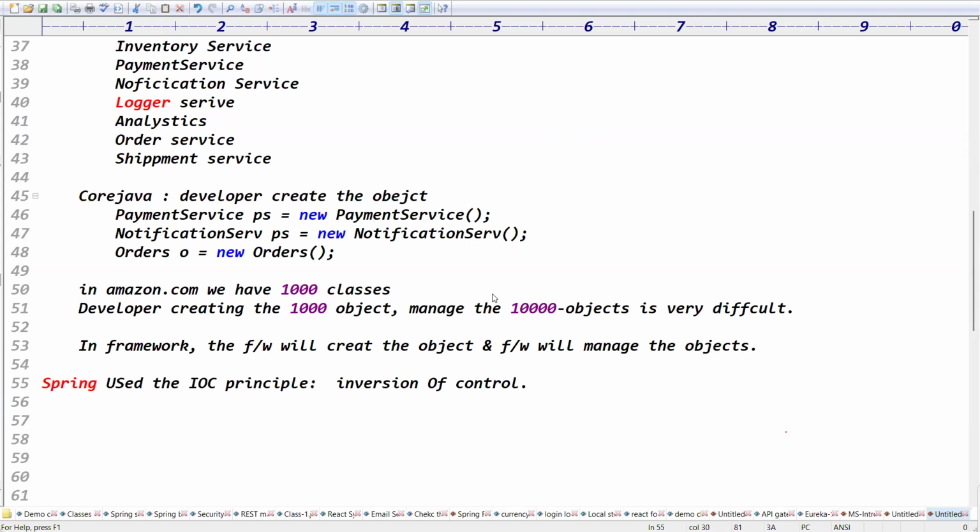But with the framework, it is handled in reverse. Is the developer creating the object, or is it reversed? Reverse, right. Reverse in the sense that the framework will take care. That is called the IoC principle. IoC stands for inversion of control. Inversion of control means that instead of the developer maintaining the application, instead of what